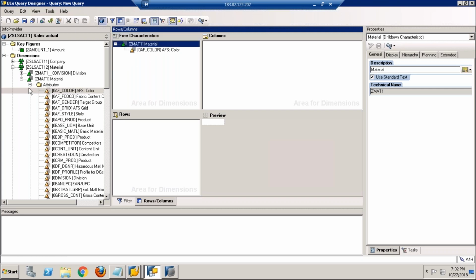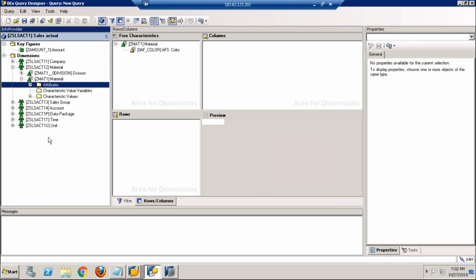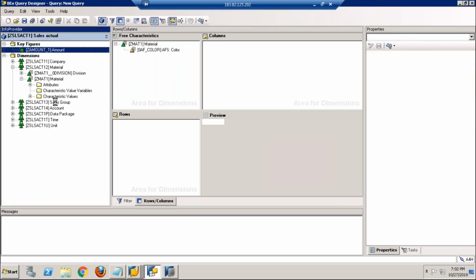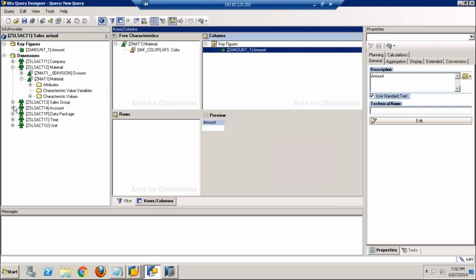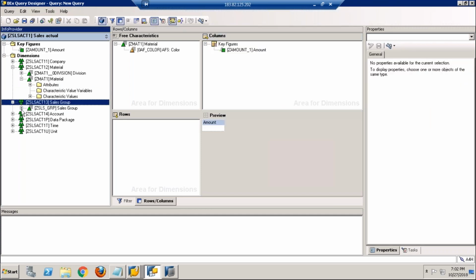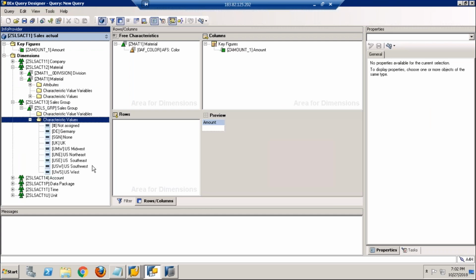Let me explain what happened here. So I have amount, sales group. If you open characteristic values, if you drag the sales group,